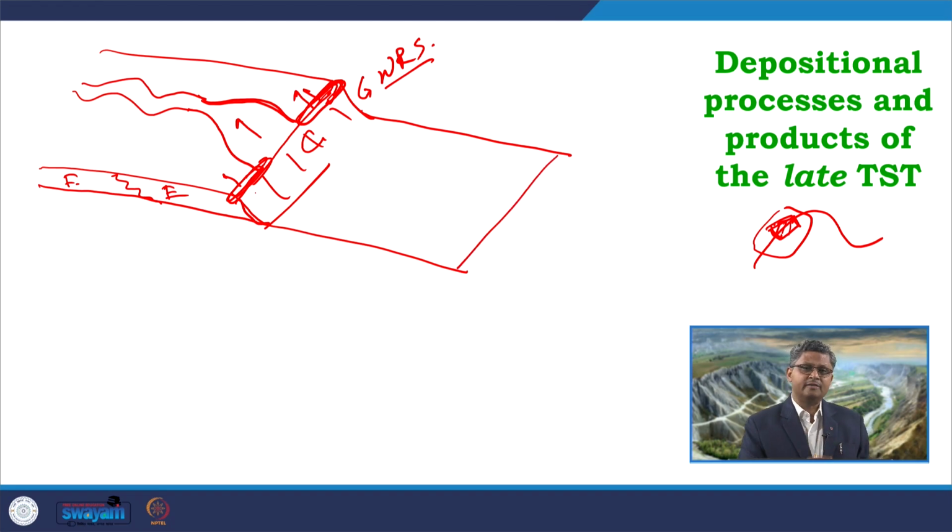Earlier, during the early phase of TST, this self area was not exposed, was not available, because at that time this wave refinement process, formation of estuary, all these were going on very close to, very near to the self edge area. So, now we have this self area available, and then we have the self break and the depressional part.